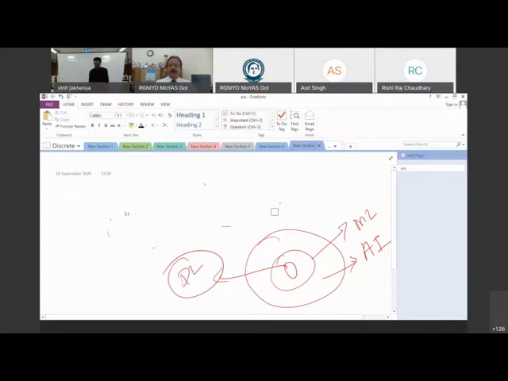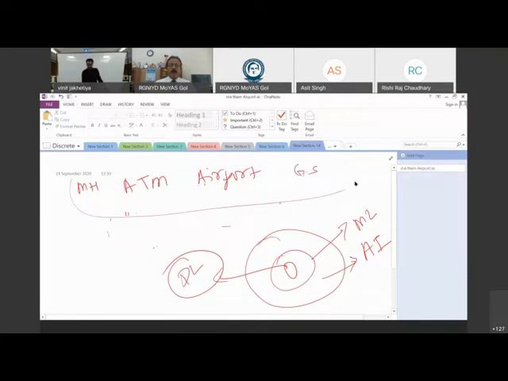So, medical hospital, ATM, airport, let's say grocery store, right? So based upon these four inputs, there can be multiple inputs also. Based upon the four inputs, I want to predict the price of any house. The size of the house is also going to be a feature. So based upon these five features, I want to predict the price of a house, right? So these five are going to be the input features,